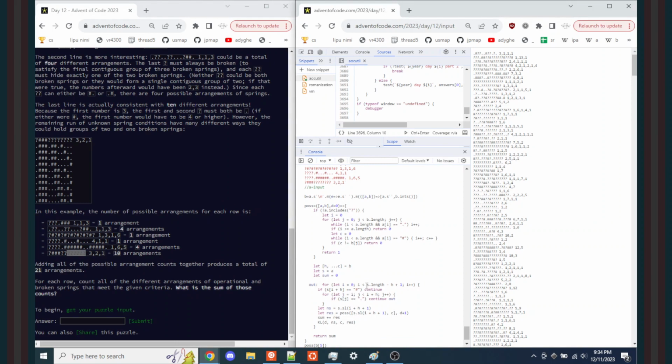Because s dot length, we're splitting from that to, we're looking at all possible ways to fit this in there, right? But we're also trying to avoid this. And when we do the search,